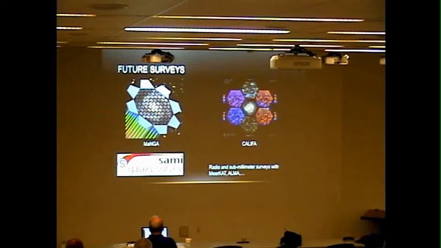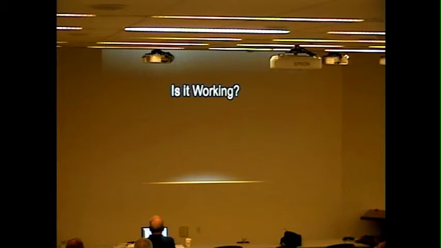There are also more data coming up with future kinematic surveys. So we can apply our modeling method to the vast amount of data that is going to be available soon for nearby galaxy mergers. But before that, we want to know,